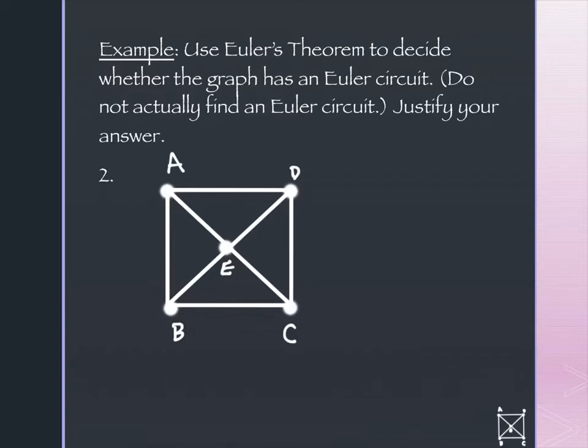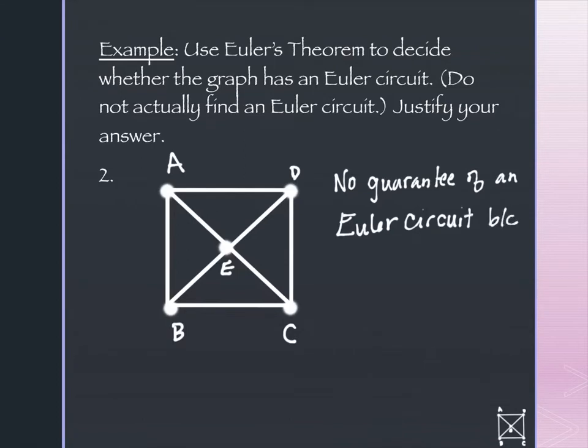One of them is even, right? E has even degree. But we can't talk about Euler's theorem and make sure that we have an Euler circuit based on Euler's theorem because I don't have all of the even degrees. So right now, we have to simply say that there's no guarantee of an Euler circuit. In fact, one doesn't exist here